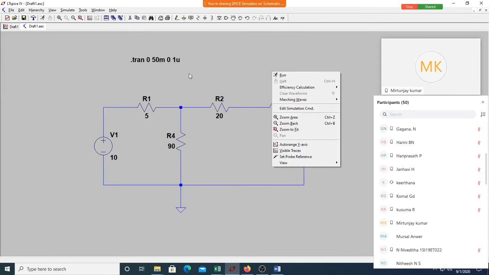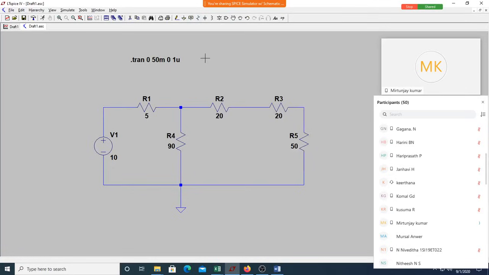Okay, let me do that. So how do I do that? Select that resistor, Control R twice, place it. Select this resistor, Control R twice, place it. Select this resistor, Control R twice. You got it. How about this? This is also going in the opposite direction, opposite to our expected direction. Am I correct? Yes, sir.